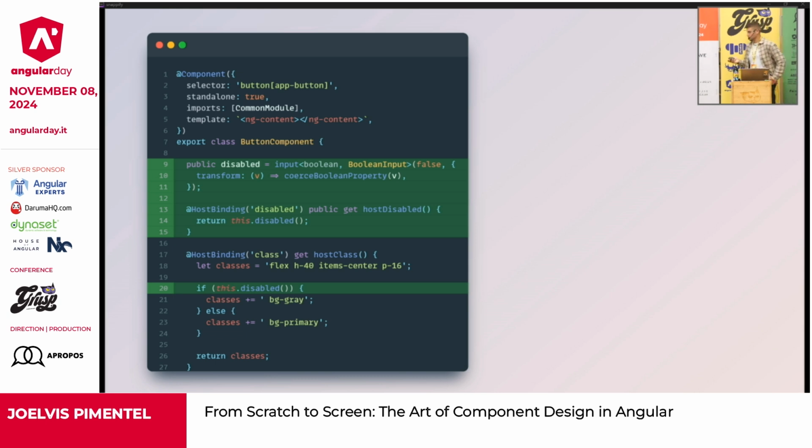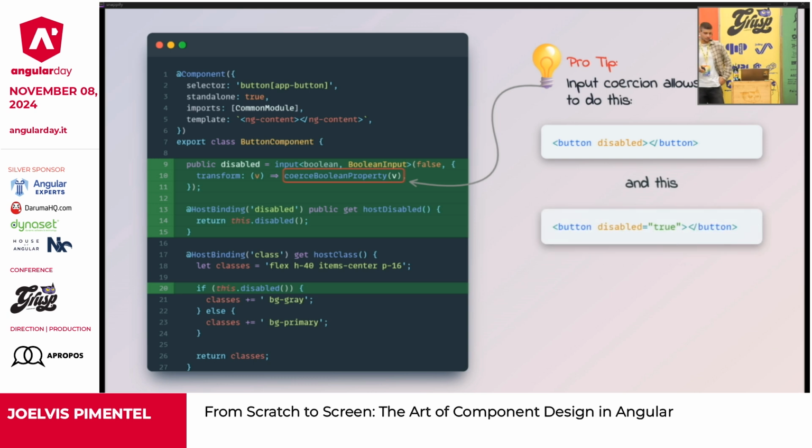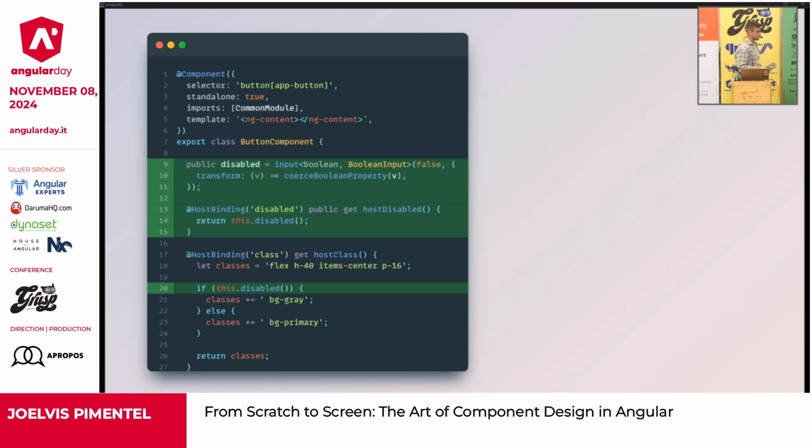It's a Boolean, true or false. And then with host binding, we can assign the same input to the disabled native property of the button, basically overwriting it. And then to access the disabled property, we can just bind to the disabled input.